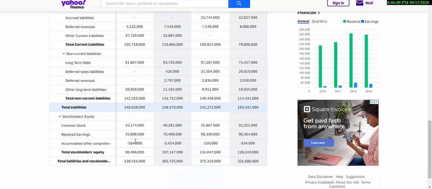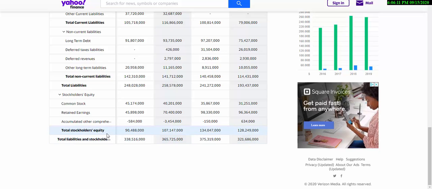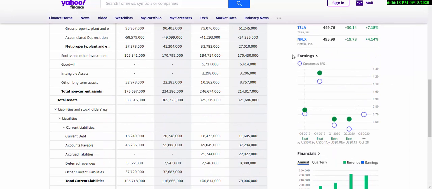This is the total stockholders equity, which is positive, which is actually really good. Going into more detail, we have here on the right the earnings chart, and basically this is telling us what analysts think about the company. They make their estimates, and for example, in the third quarter of 2019, the analysts estimated that the company was going to generate